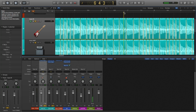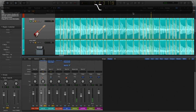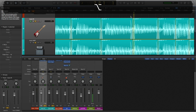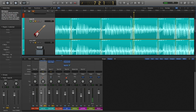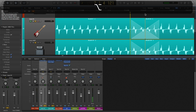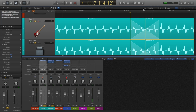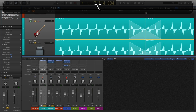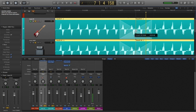You're going to hear a train coming here. And honestly, it kind of doesn't bother me much. Let me see what I can do with that. In this instance, it might be that this is just a little bit too off here. And let me show you what you can do in cases like this. It is meeting at a zero crossing point, so you would think it would be better, but let's look at